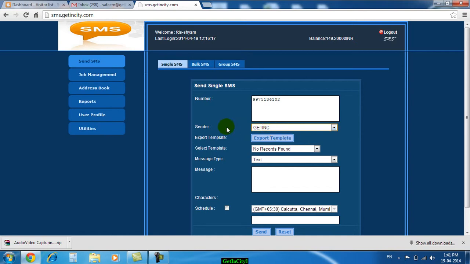The difference is transactional SMS will be delivered on DND plus non-DND, but in promotional SMS only non-DND numbers will receive the SMS. But here if you select the sender ID, that is 6 letters, it will be delivered on DND numbers.